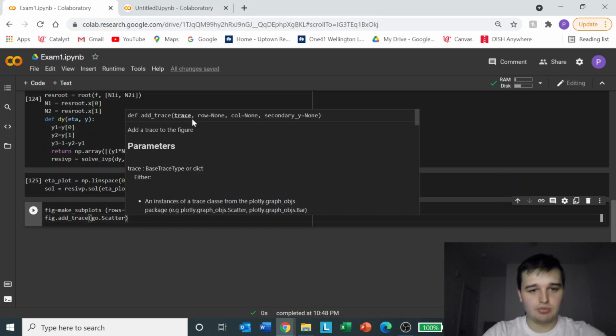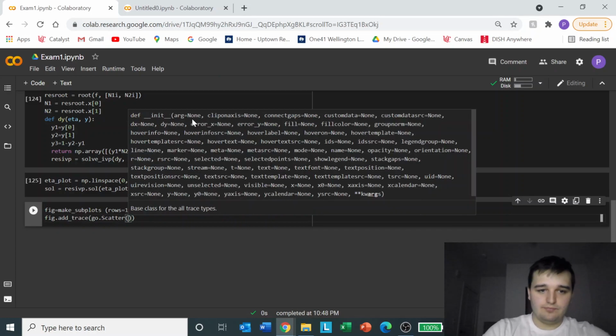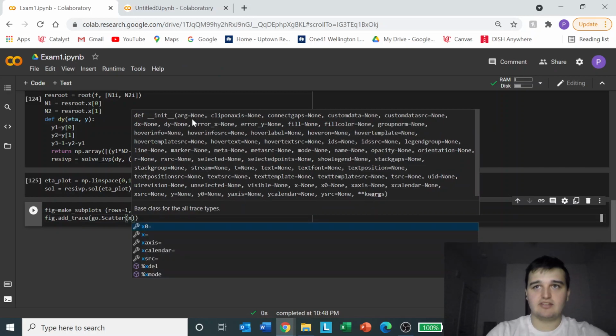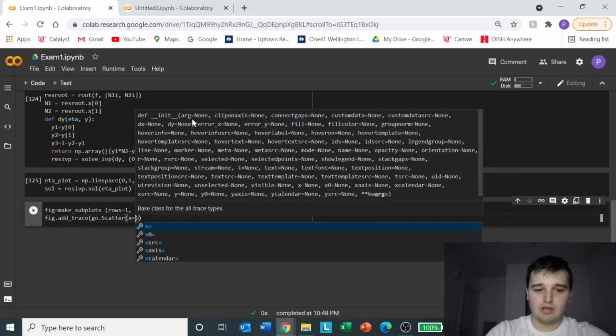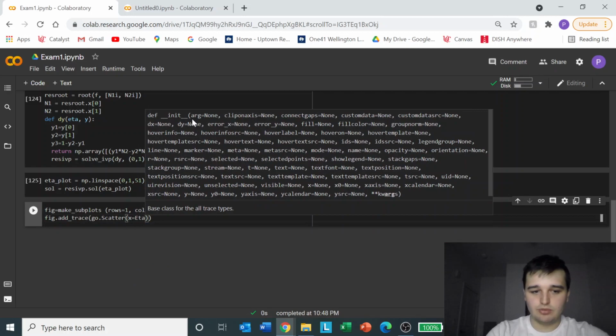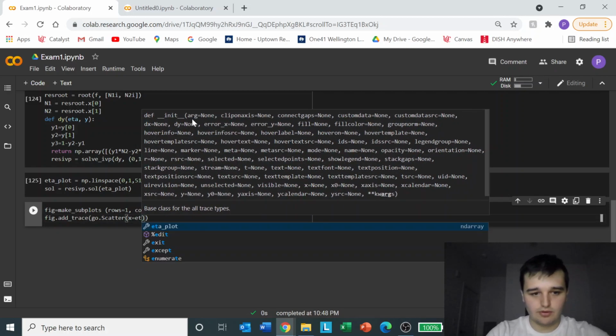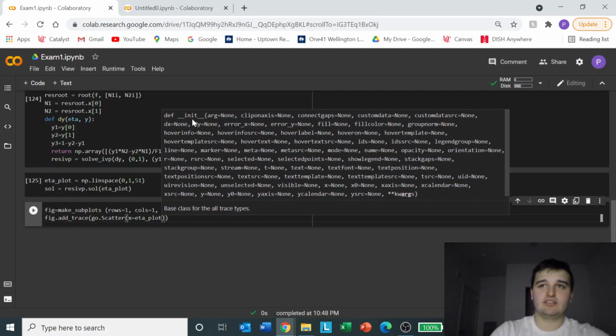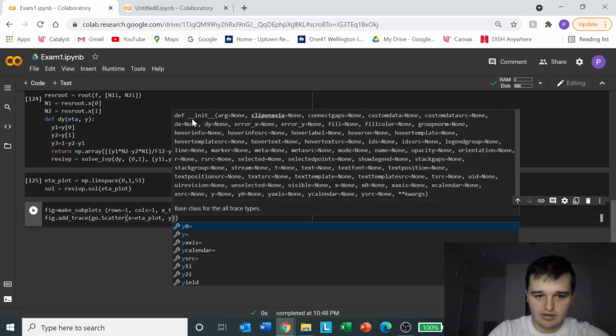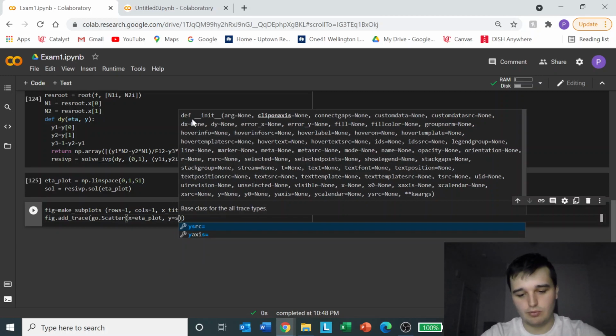We need to physically describe the x-axis. The x-axis will be eta plot, and then the y values will be the solve. So y is equal to, and then we want the first,